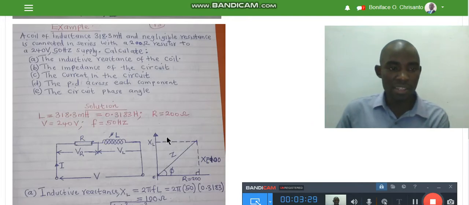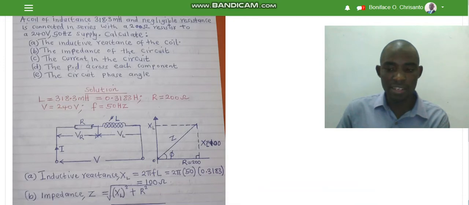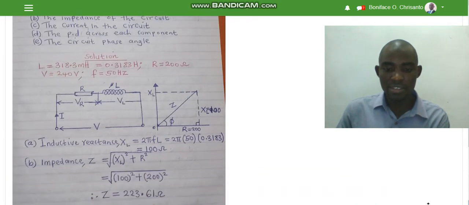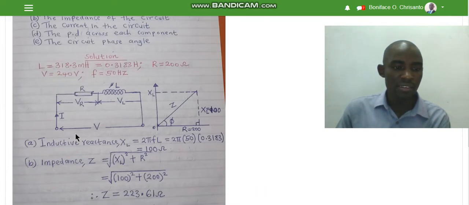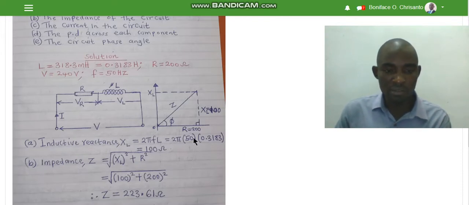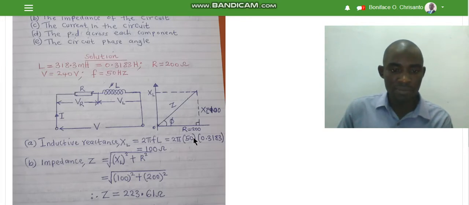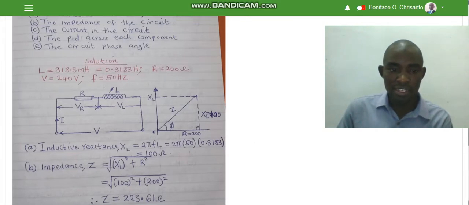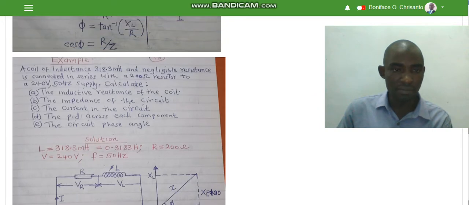So the most important thing here is for you to get the resistance. The resistance is directly given there. The resistance has been given as 200. The inductive reactance XL is given as 2 pi FL. Remember, the frequency has been given as 50. And you can see there, the inductance has been given as